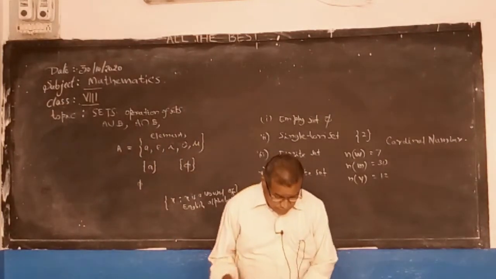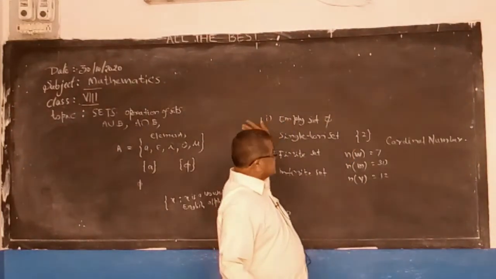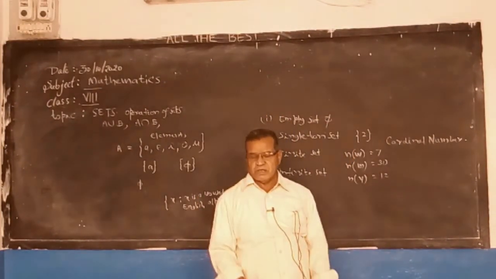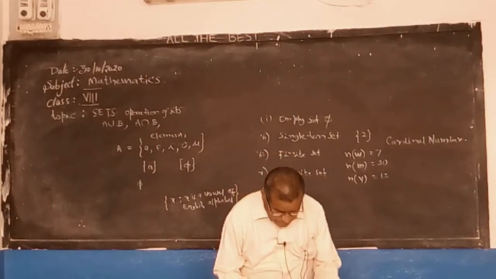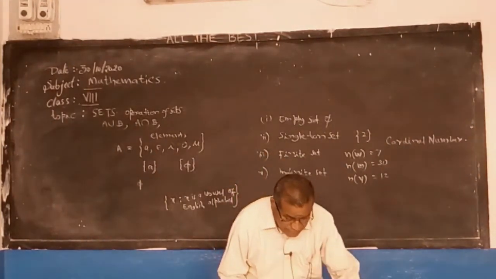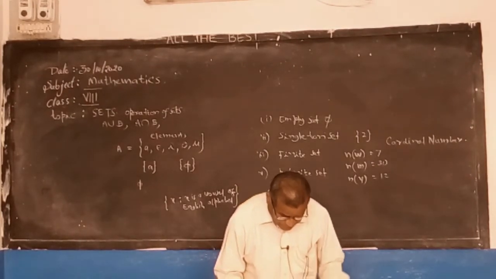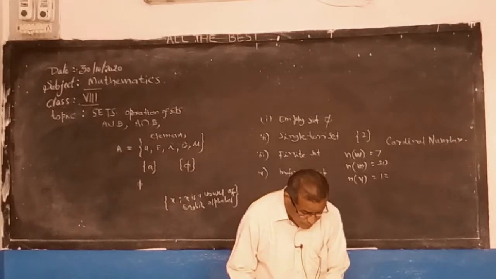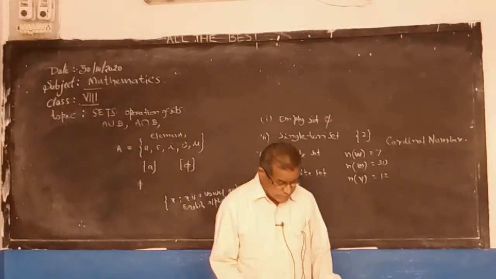Now, I am going according to the textbook. There are 12 sets. In further classes, I will explain. In the textbook only these four sets are given: finite set, singleton set, infinite set, empty set. Only 4 sets are given. Those 4 sets I explained. The remaining ones in another class. Okay.